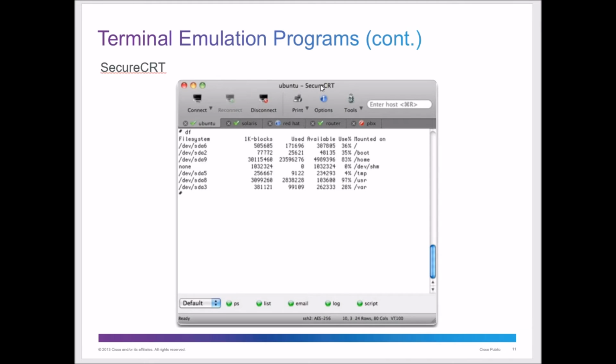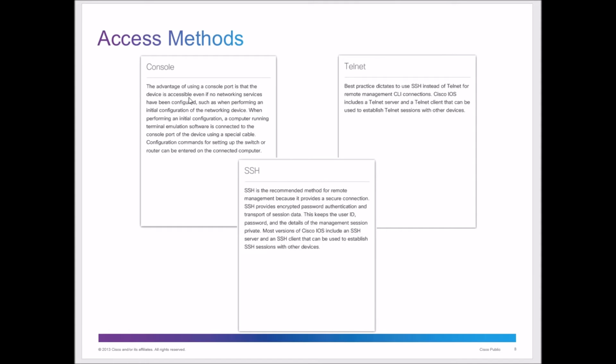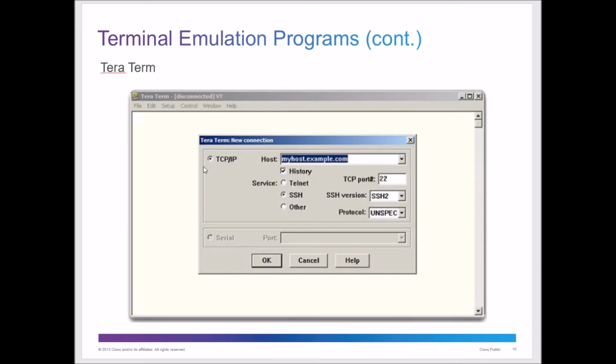And this is, on a Mac system here, they're using SecureCRT. Oh, actually, it's Ubuntu, but they've got, looks like the Mac, or Mac looks like Ubuntu, but they're using the SecureCRT software to connect in, and you would just put in your host name there too. So the lesson here is that there are a number of different pieces of software that allow you to either telnet in, which you probably shouldn't be doing, or console in, because even if you connect your console cable in, you're still going to have some type of software to communicate to that device, or whether you're using SSH across the network.